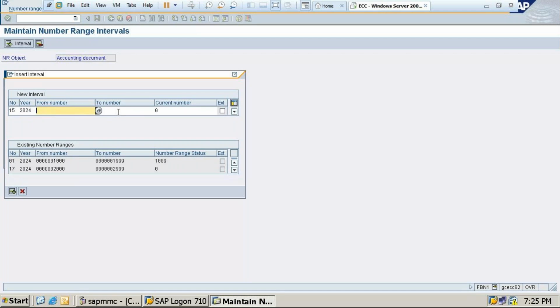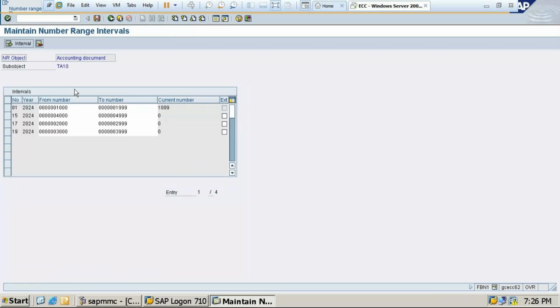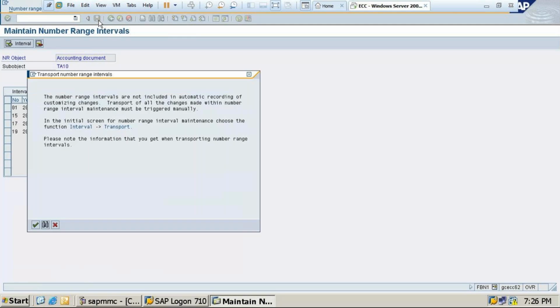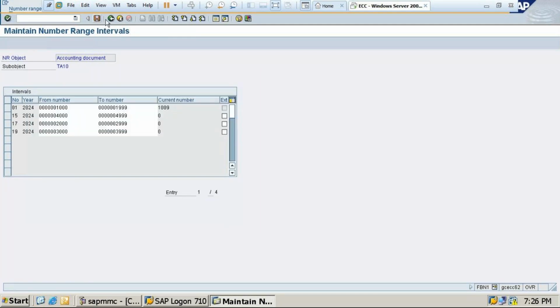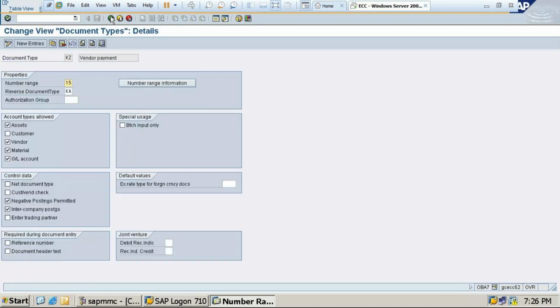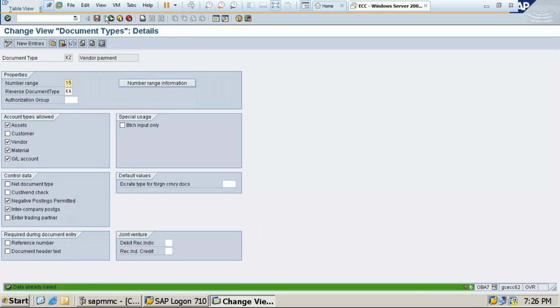So 3000 is already given, 4000 I'll give. Click on save, then save. So all this data has been saved. Come back, save again and back.